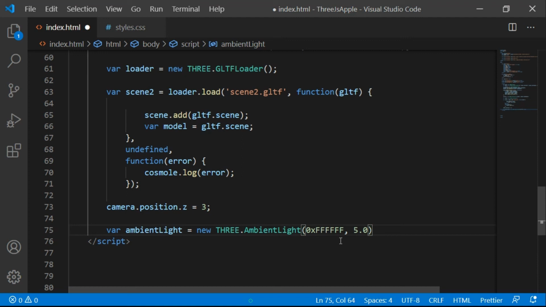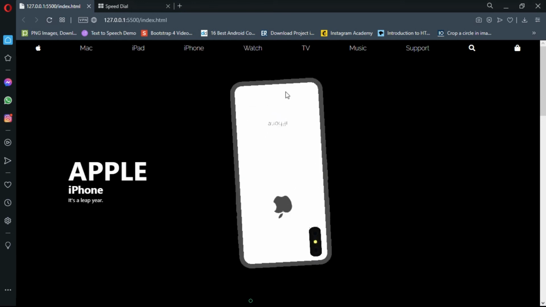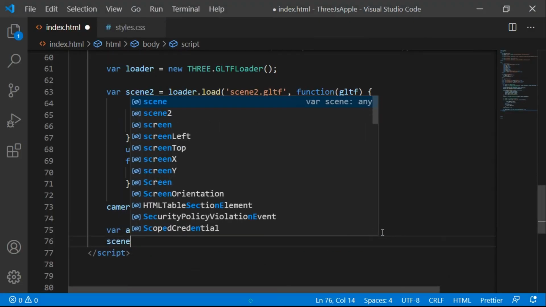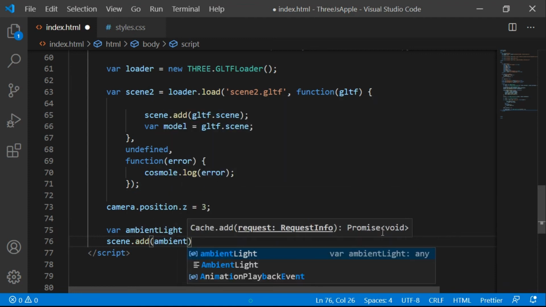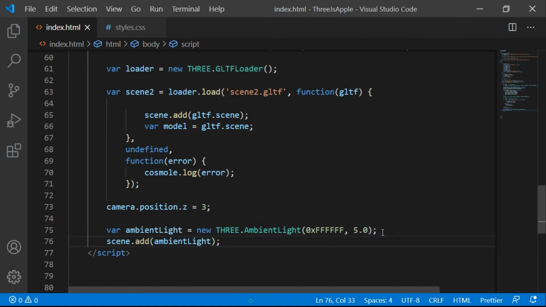There are different types of lights in three.js, which has a color, and something like the intensity, or the darkness or the brightness, you can say. So let's add a scene here, scene.add, and inside the scene.add we're gonna add this ambient light. So we're adding the ambient light to our scene.